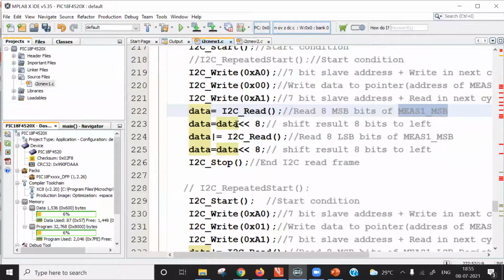So we need to do a left shift operation. Remember, on the right hand side we get 8-bit data, and this data register is 24 bits wide.